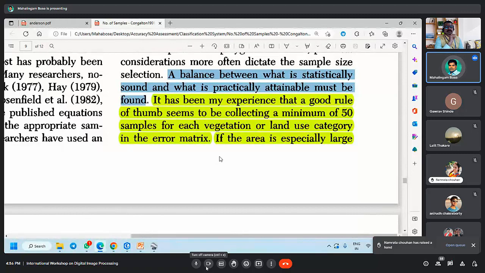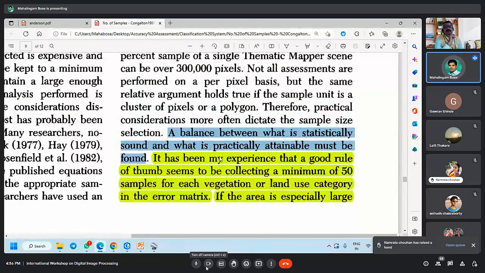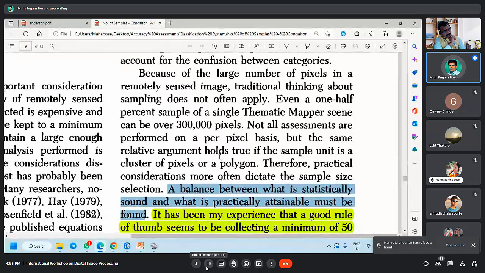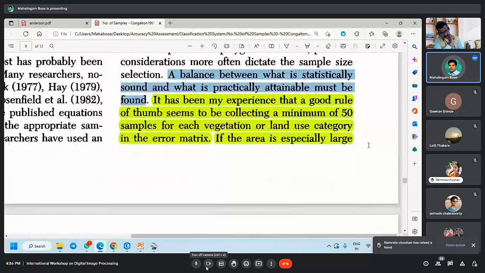So when you do the statistical analysis, you may get 3,000, 5,000 or 10,000 pixels, which may not be practical to go and collect information for and compare. So in many papers they have mentioned you go with at least 50 points